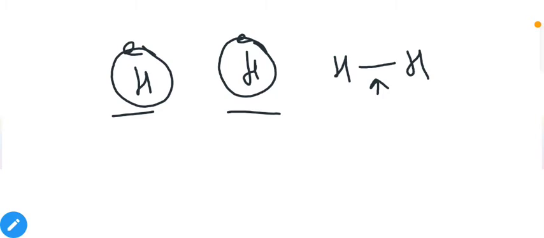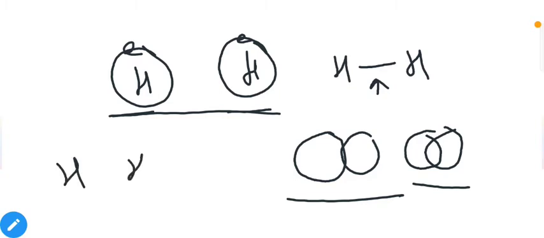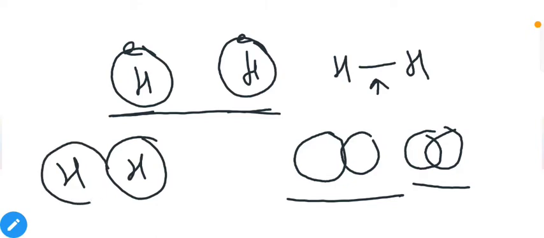Actual bonding will be something like this. Suppose we have spherical atoms. These spherical atoms will come in contact with each other like this, or they will overlap as mentioned earlier. That means these orbitals are now in contact with each other, and electrons won't stay between these two atoms like this. That means one electron is present here, second electron is present here. No, this type of situation does not occur. All of these are representations.